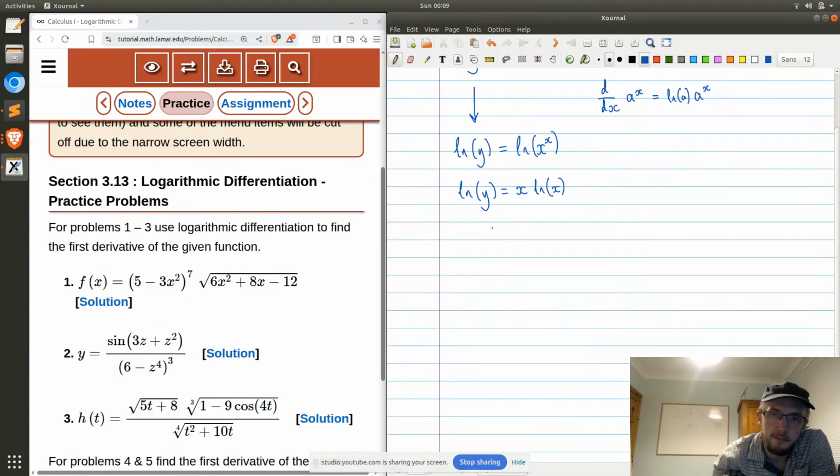And then do you do it? I know that I could just implicitly differentiate at this point, but no, well, why didn't I do that then? Yeah, implicitly differentiate that, and we get